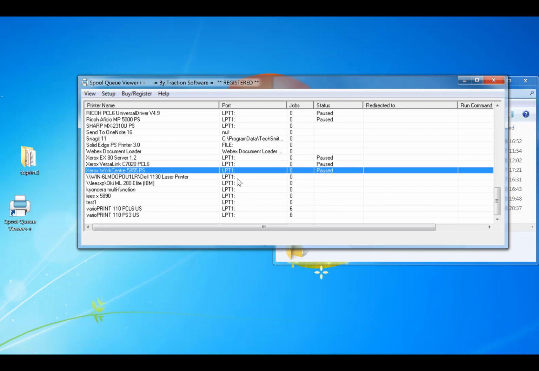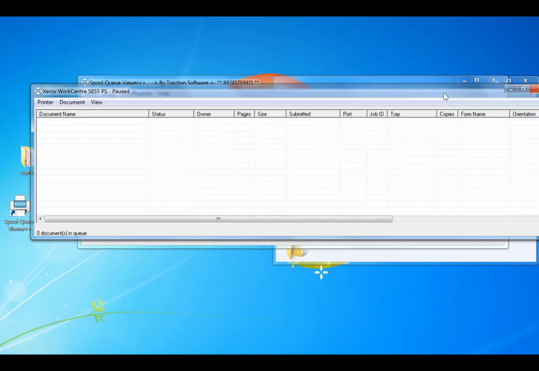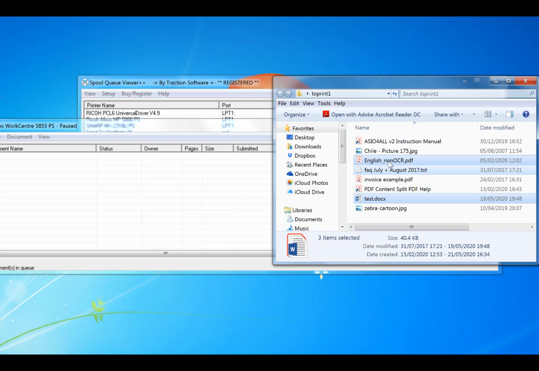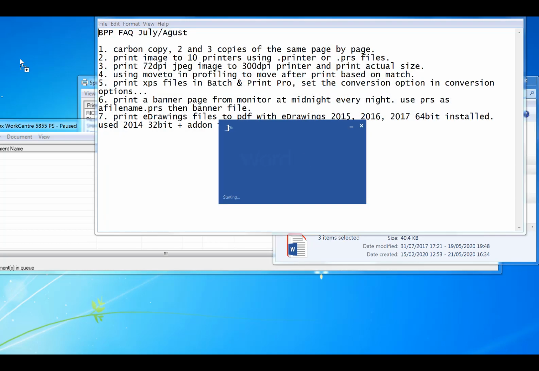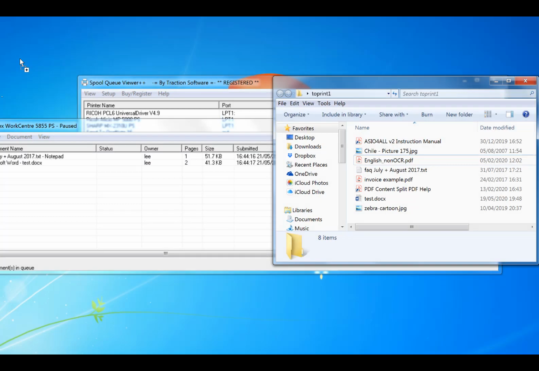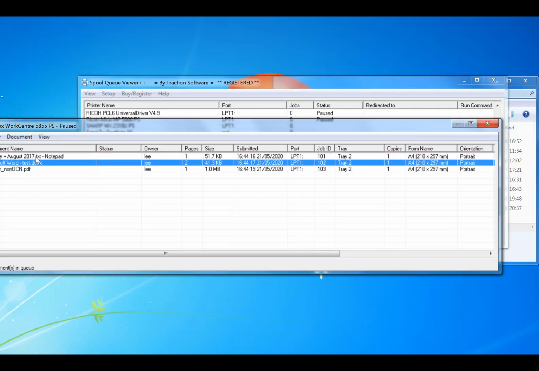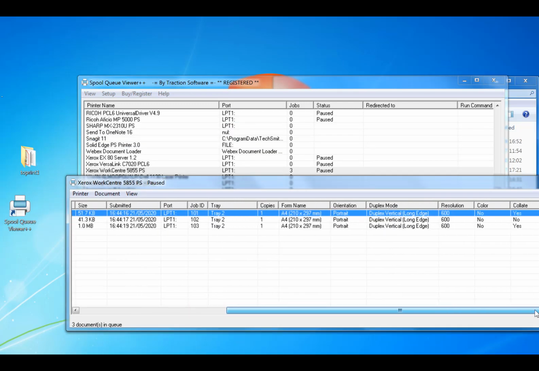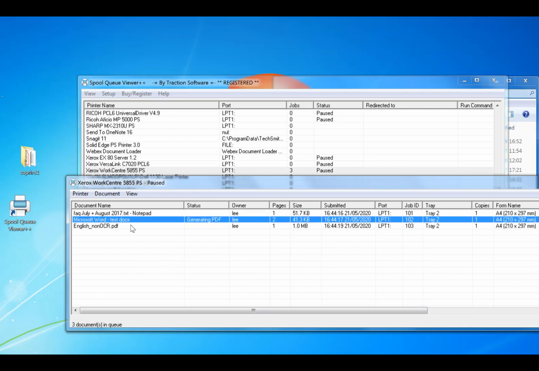So you can also batch print files. So you can do lots of different types of files all in one go. But normally in Windows you can only do the same file type. When you're doing this, you can select, for example, PDFs, documents, text documents, and drag and drop the files in, and it will print it to that printer. So now you've got those three files there. Normally you can't do that, and you can see all the tray information and things like that. And you can double click